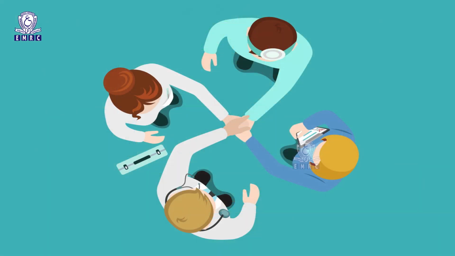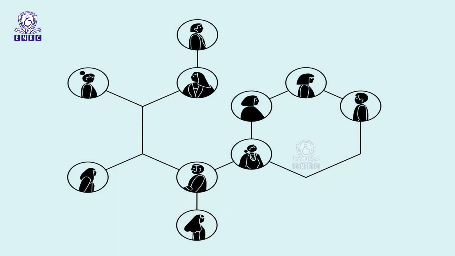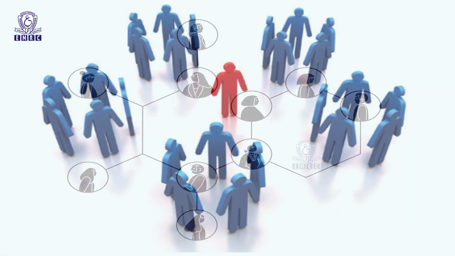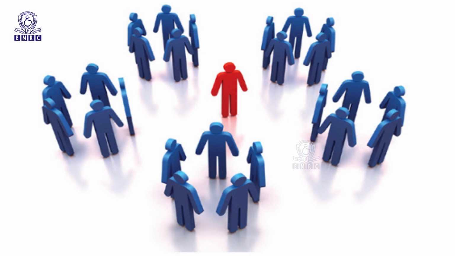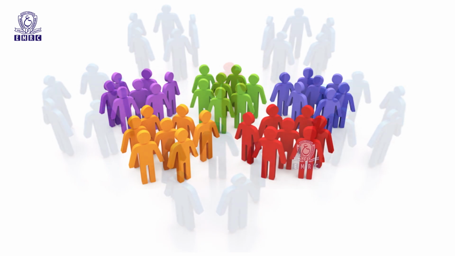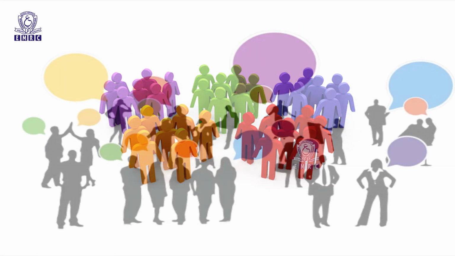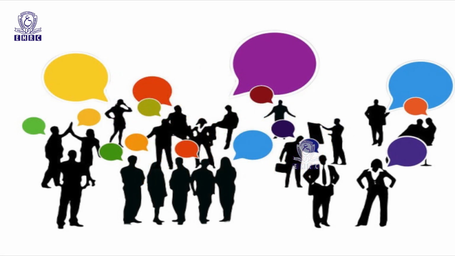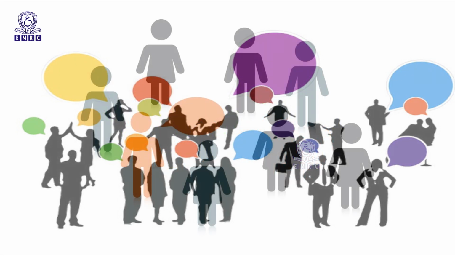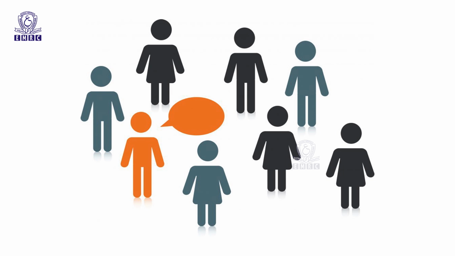Group structure can be defined as a layout or design of a group. The structure of a group determines the relationships of members to one another. The structural elements help the members understand who is responsible for what task, and what kind of behaviors are expected of group members. So now let's see why the structure of a group is so important.